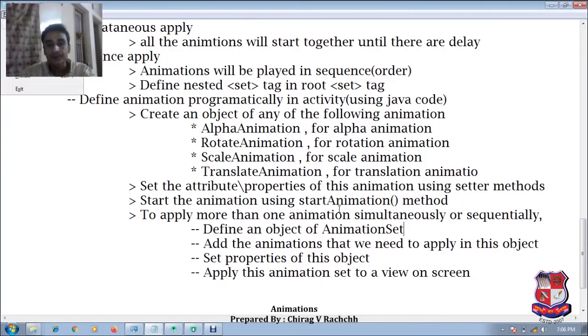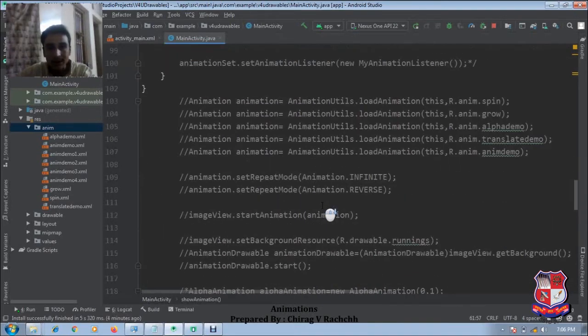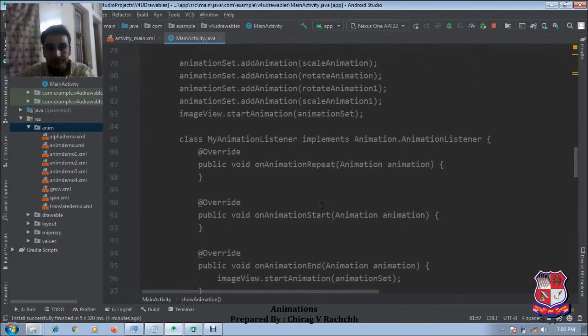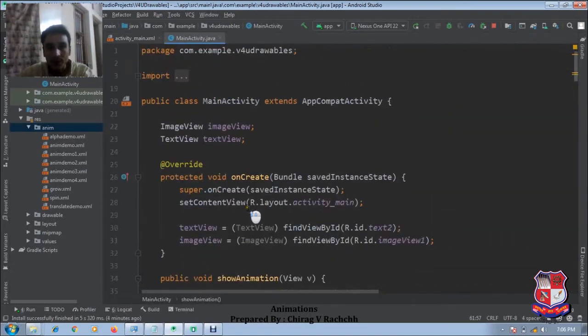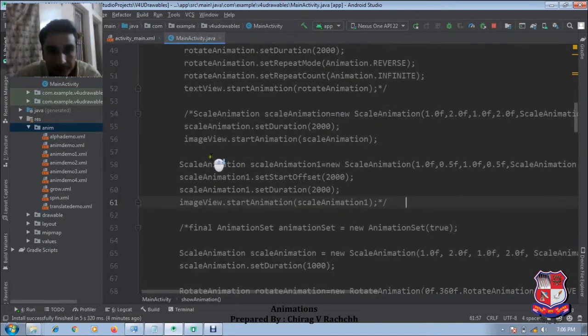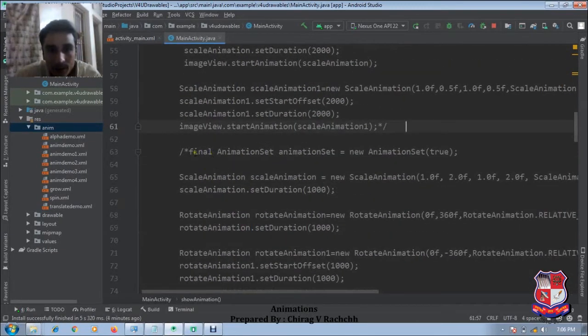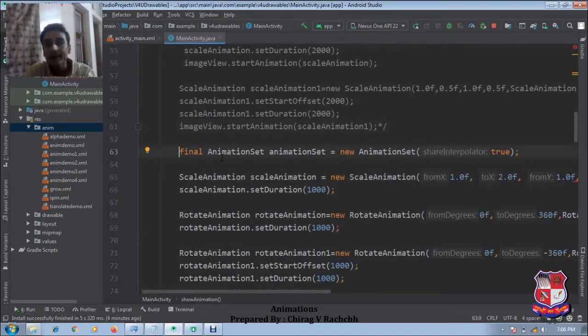So for that we need to define one object, that is AnimationSet. Here I have defined an AnimationSet object equal to new AnimationSet, and the argument passed in the constructor is true